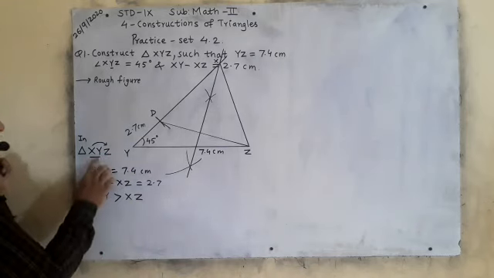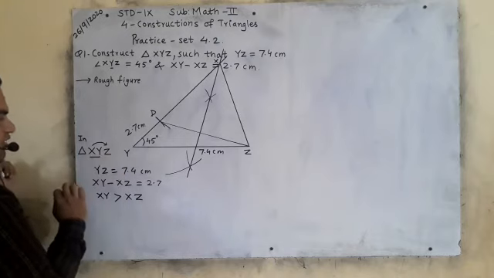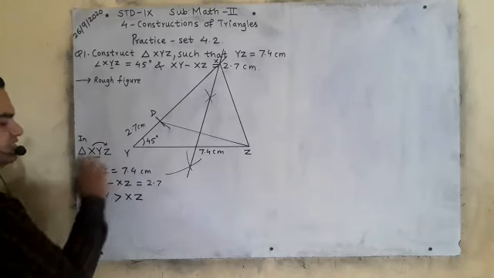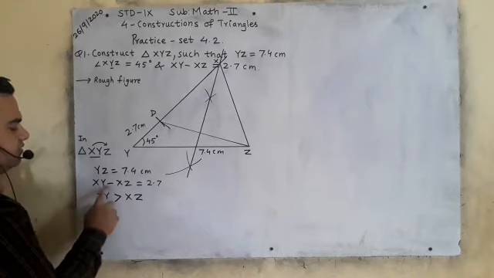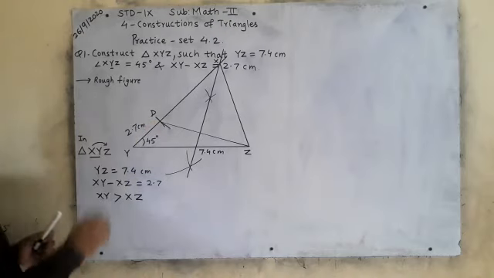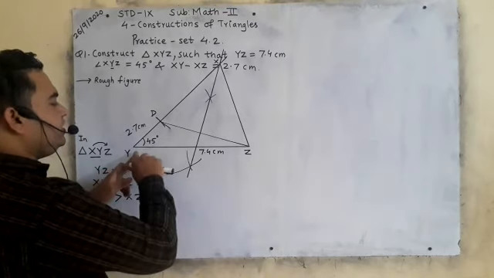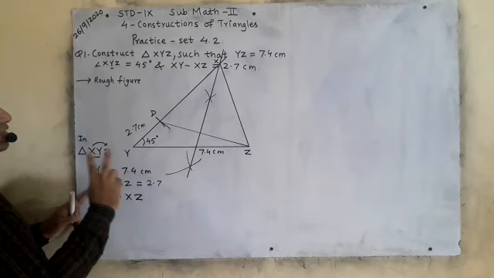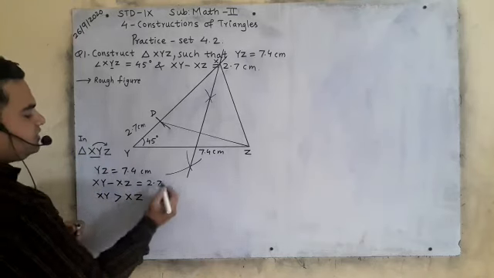Again I am saying, XY comes first, XY minus XZ. How do you write the corresponding sides? XY, YZ and XZ. It means XY is the greater one, XY is greater than XZ. So therefore you will construct the arc above the ray. Now first you will draw YZ as a base, then you will take the 45 degree angle. Then, what is the difference given between the lengths of the two remaining sides? XY minus XZ is 2.7 centimeter.